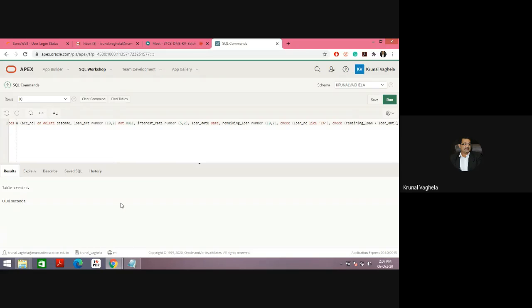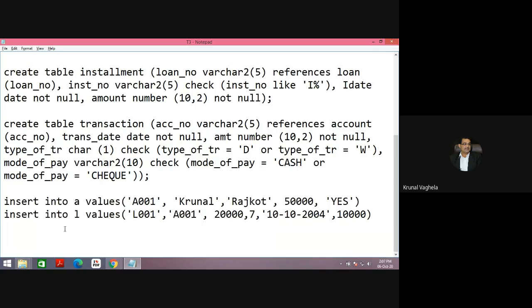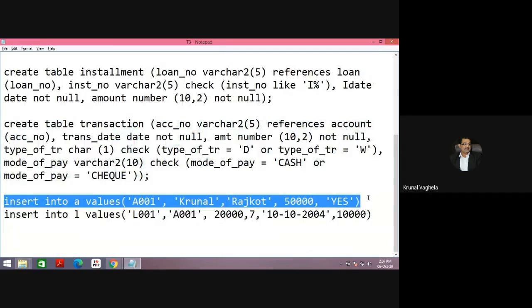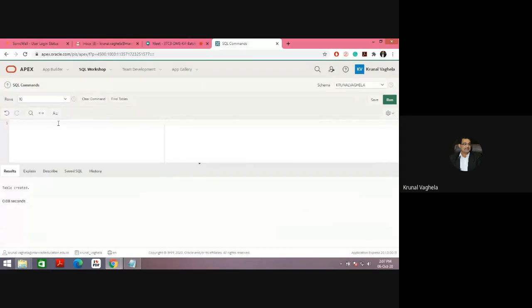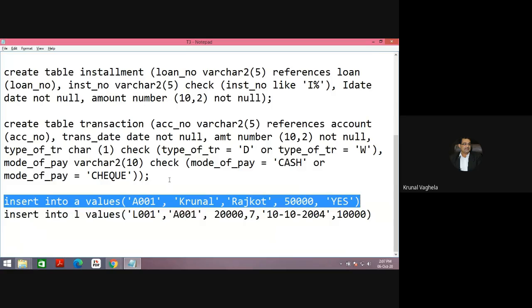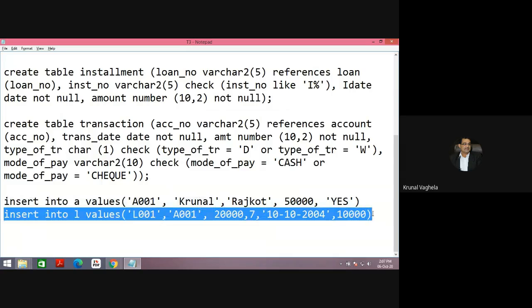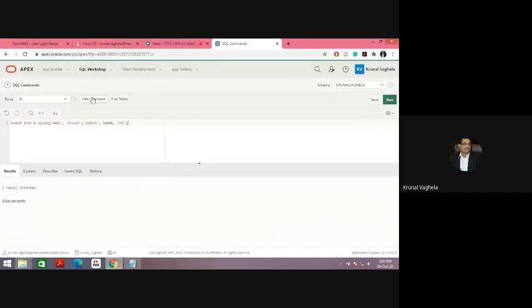So now I have created both the tables. Let me insert the data. I have ready-made rows. So I have inserted data.